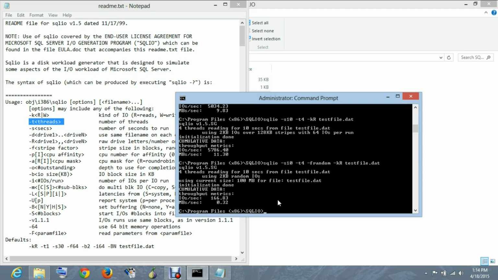Now see with the random access, the IOPS and the throughput has decreased. And now let's try it with the sequential access.